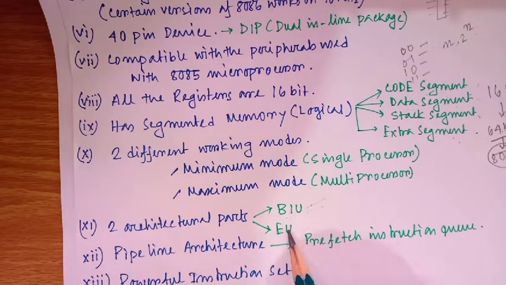And the main function of the execution unit is that whatever instructions the processor has fetched from memory or from an input device get executed within this region. So this portion holds all the necessary circuits by which we execute the instructions.